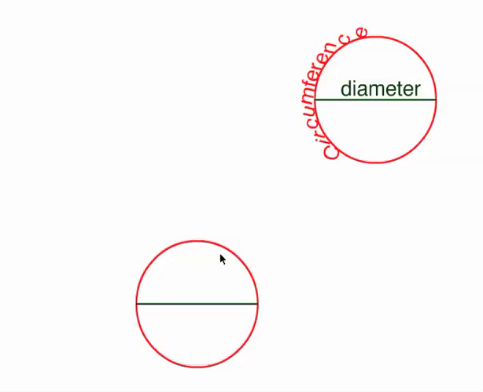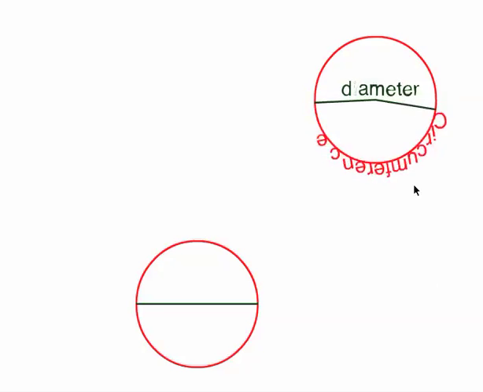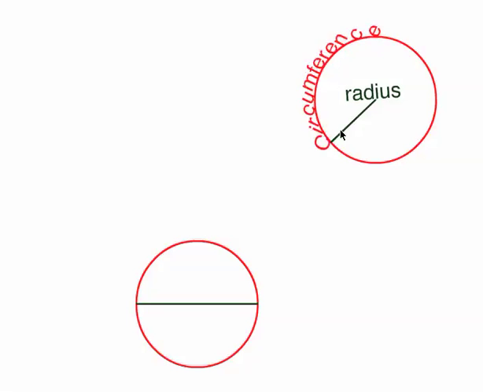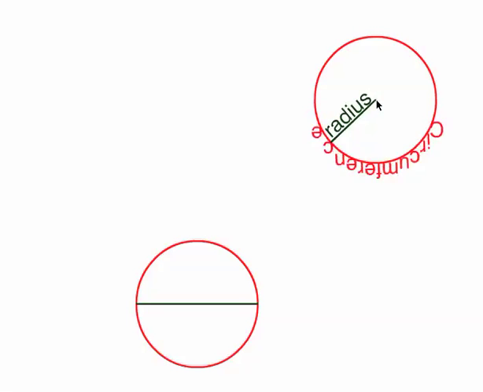All right, we're looking at circles, and as you can see, this is the circumference of a circle, and this is the diameter of the circle. The circumference is the distance around the outside of the circle, and the diameter is going away, and now we have the radius. So the diameter is the distance all the way across, and the radius is just from the